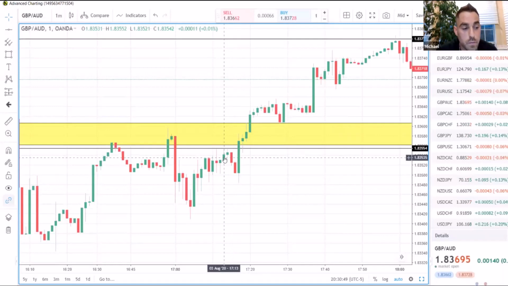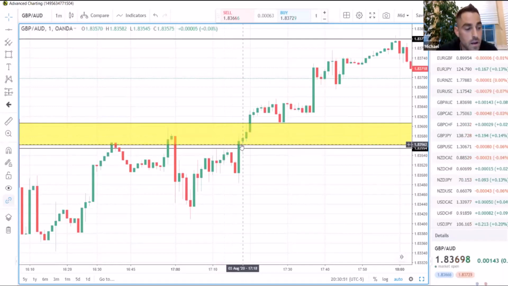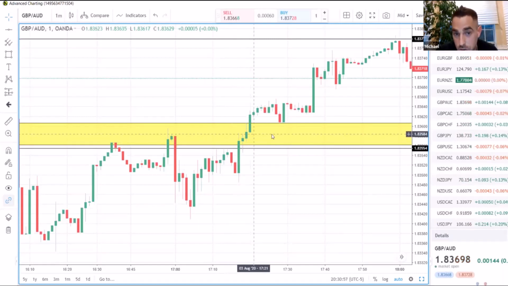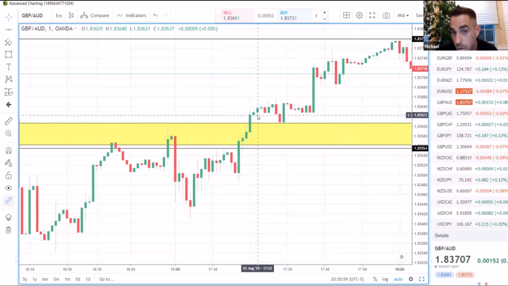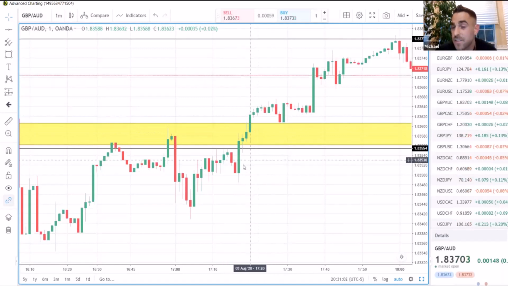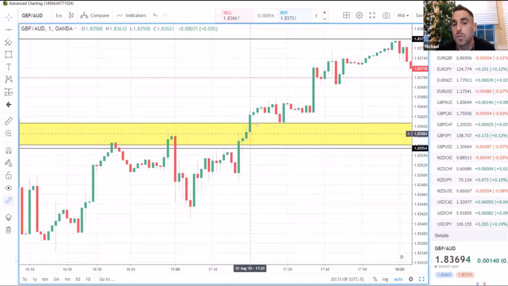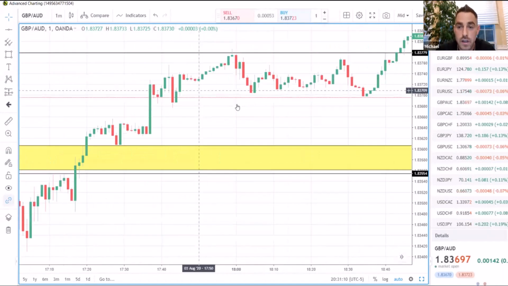You see step 1, move in, move out, strength, strong move in. Then you have boring candles. That's these small bodied candles with larger wicks. Those are boring candles. And you see this move out of it, this big green powerful candle moving out. That's not textbook, but it's close to textbook for exactly what we're looking for. Big move in, boring basing candles, big move out. And then you'll see how